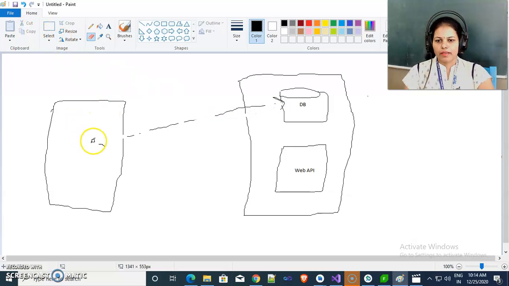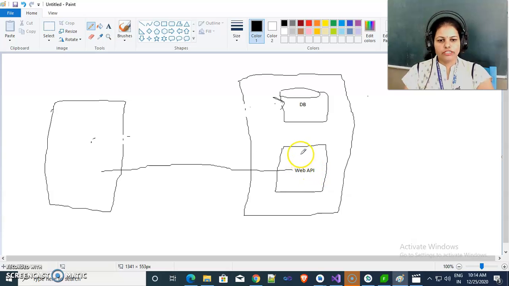We can't communicate directly with the remote server, but by using web API we can communicate with this remote server. So what is the functionality? Our app communicates with this web API. This web API fetches the data from the remote server, and then this web API sends the data to our mobile